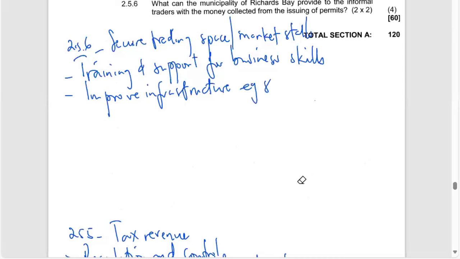For example, storage facilities for their waste, they must be provided with storage facilities and also with sanitation. They must get access to proper refuse removal, proper water facilities, proper toilet facilities. All those must be provided using that funding. And also, they can also provide affordable